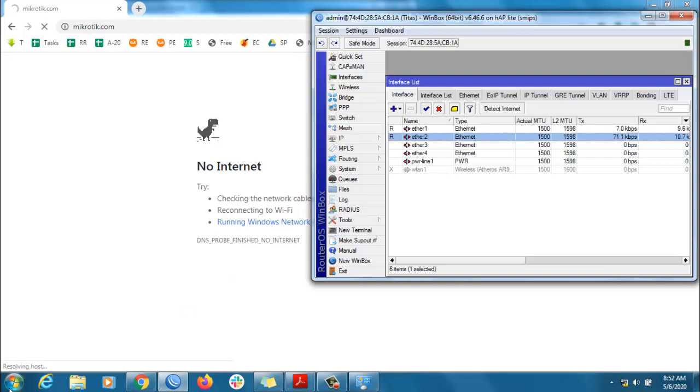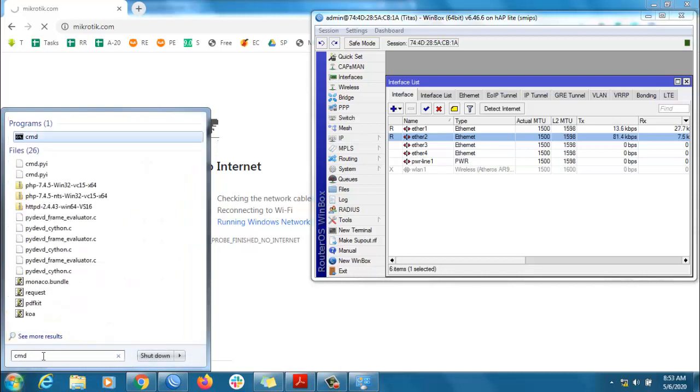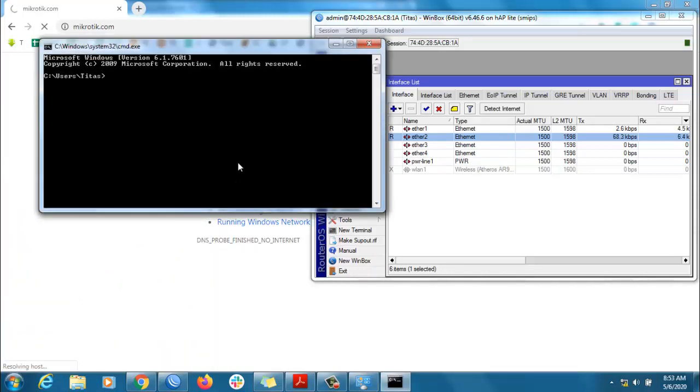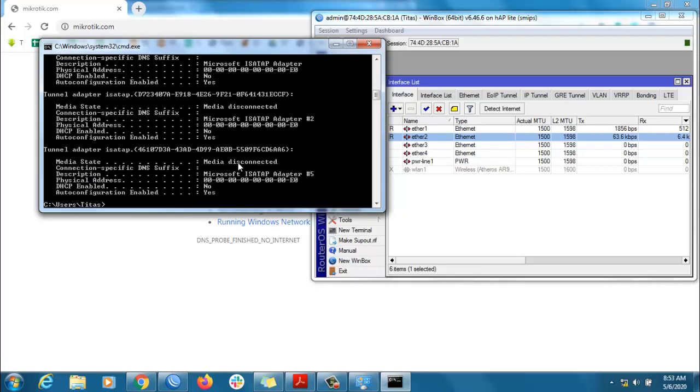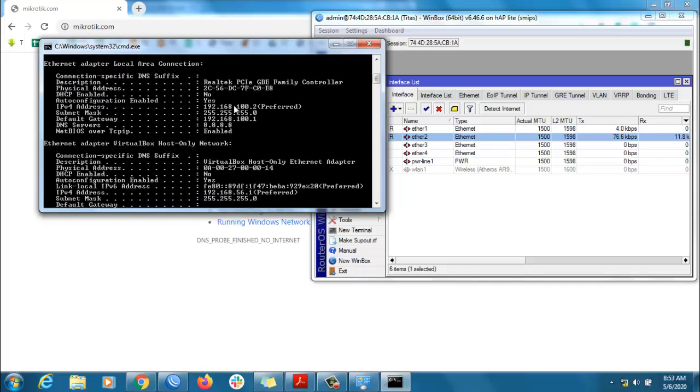So how can we collect the MAC address? There are several ways. I am showing one of them. Open CMD, then write ipconfig /all. Then you can see this is your IP address, right? And this is the physical address. You can copy it, or you can just type it manually. If you want to copy here, just mark it,